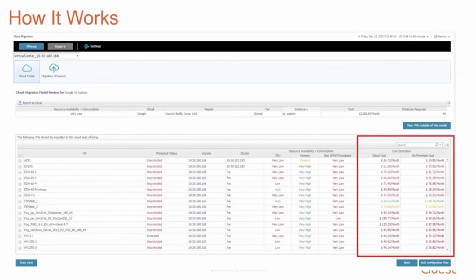You'll find some that are the other way around. Sometimes the difference is not a lot, but if you've got lots and lots of workloads, then eventually that adds up to being a large sum of money anyway. But you'll see, pick some workloads. The protection status is interesting because in our case, if they're protected,